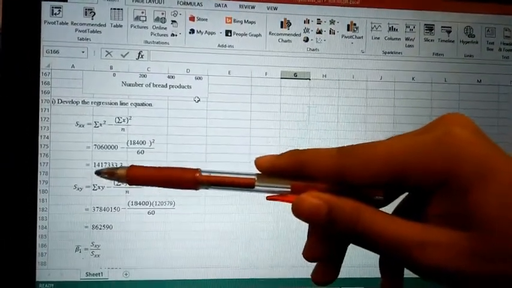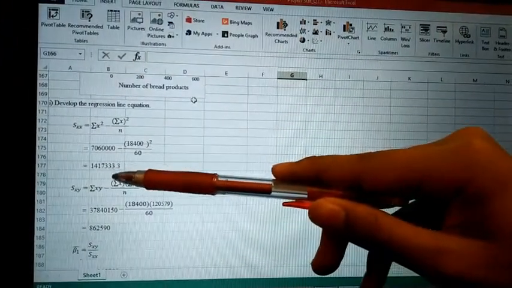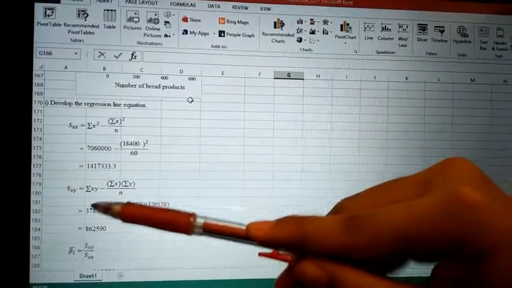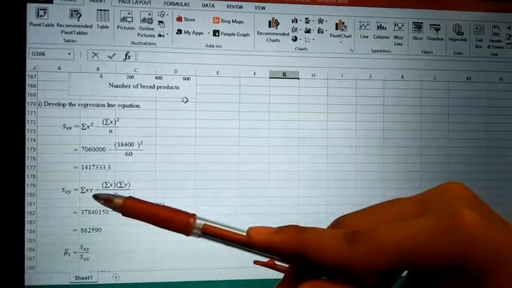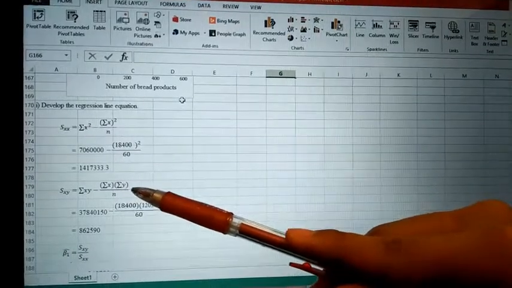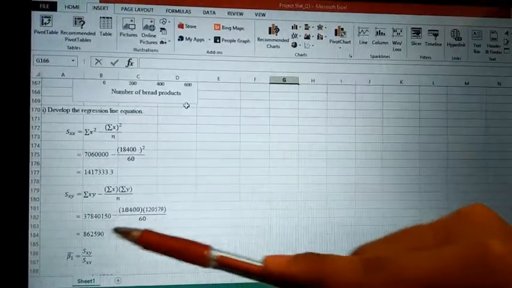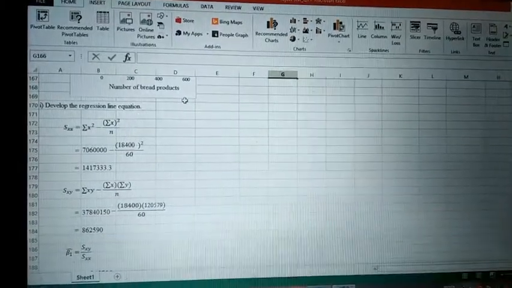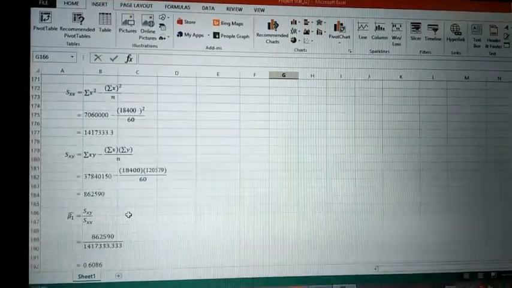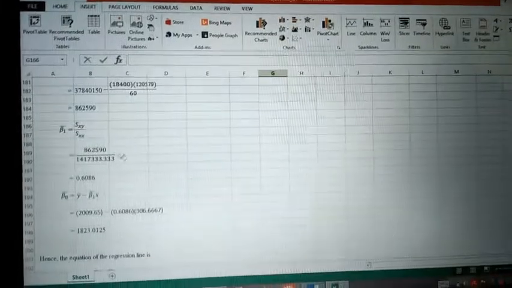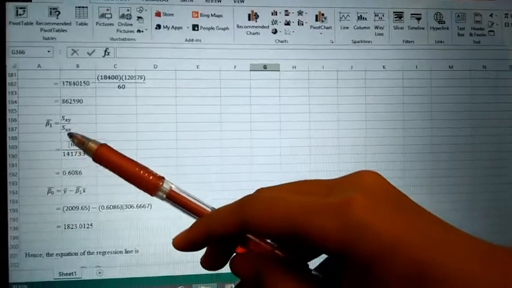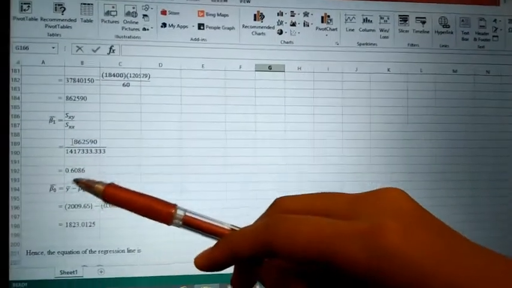So we get 1,417,333.3. For the Sxy, the formula is summation of xy minus summation of x multiplied by summation of y, divided by n. And then we calculate and we get 862,590. Next we need to find the beta h1, which the formula is Sxy divided by Sxx, and we calculate and we get